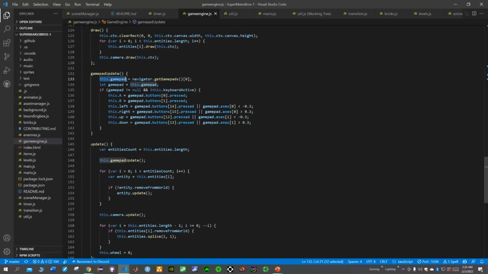First, we retrieve the gamepad using navigator.getGamepads of 0. We assign that to this.gamepad, and then we perform the various operations on each button, we are going to evaluate whether any of them are pressed or not at that time. However, you can see that we only go in this block if the gamepad is not null and the keyboard is not active. What that property means,